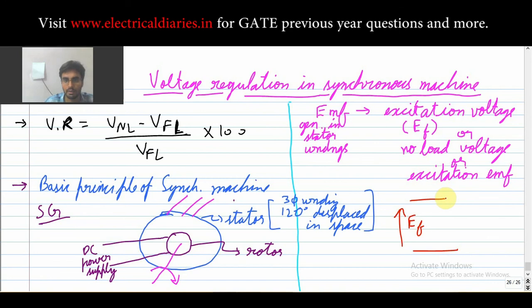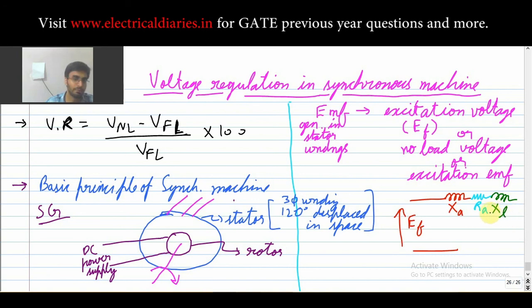For the armature winding, let us say your reactance is XA, and the resistance of the armature winding, meaning the stator windings, is RA. Now one more thing: this rotor is producing flux, and this flux is cutting the stator, but not all the flux cuts the stator. Some flux is lost or not useful, which we term as leakage flux. To compensate for that flux, we use XL, that is your leakage reactance.